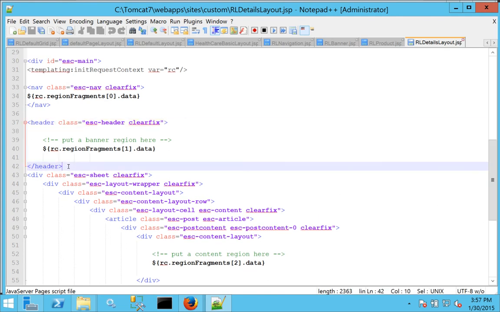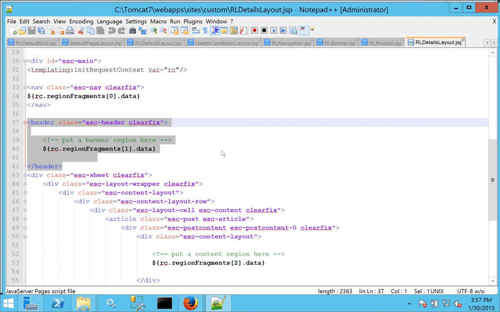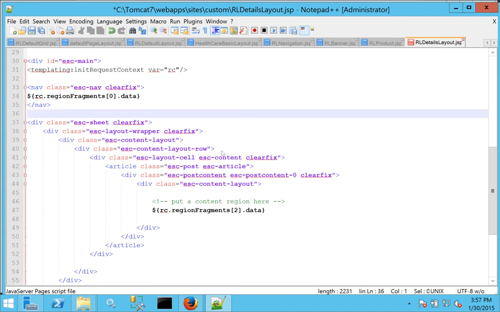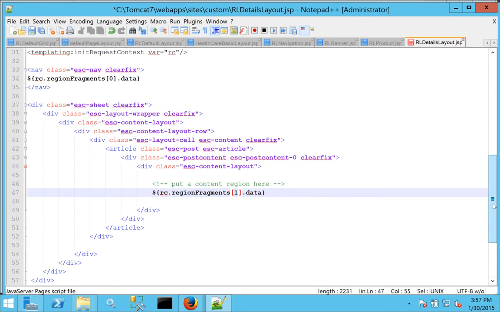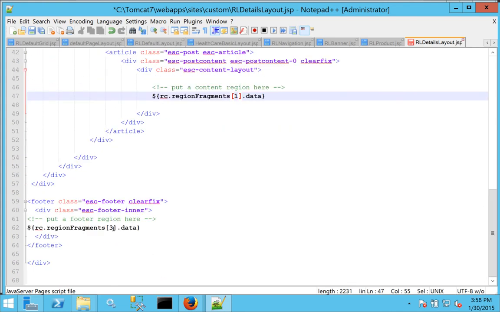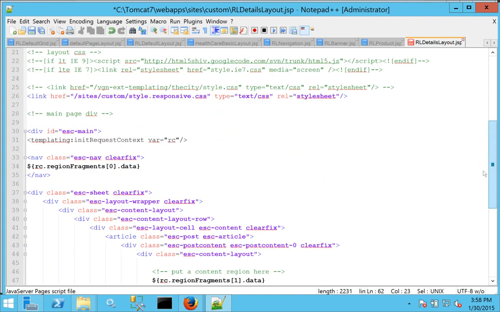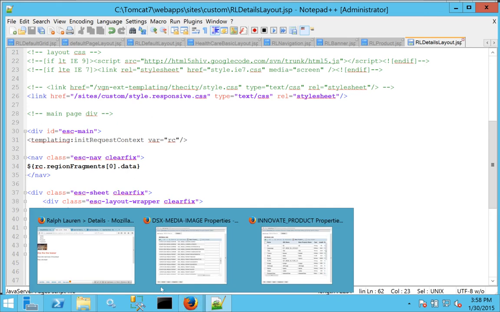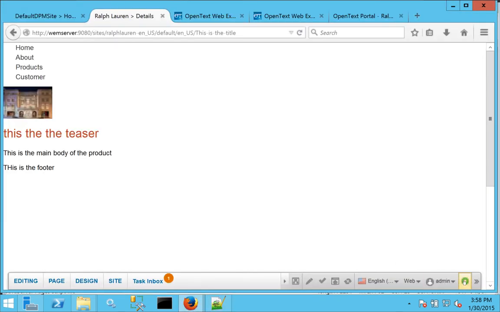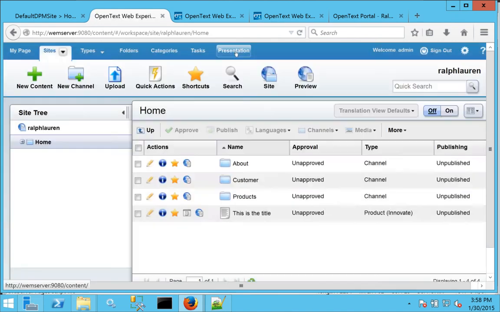So I could just simply remove this entire div and leave everything else. I'll have to adjust the region fragments appropriately. So the number 1, that's the content region, and number 2 is now the footer. So this is a really typical thing. Once I make a change to the code, then I go to my workspace to create a new layout. So go to Workspaces, Presentation,